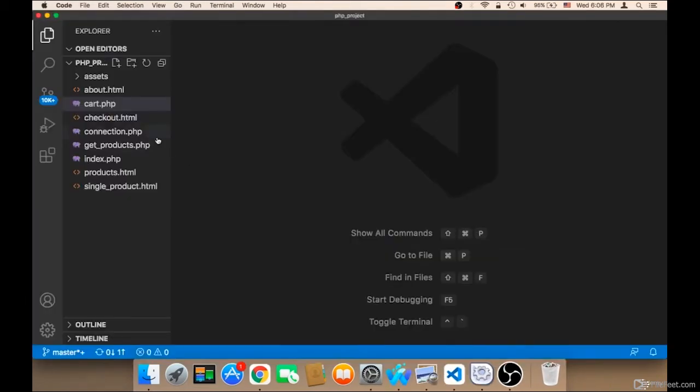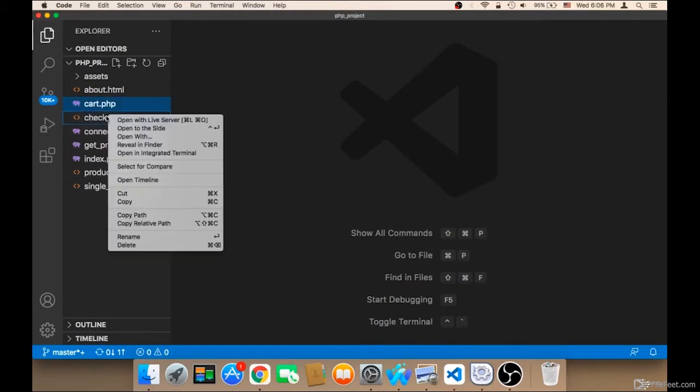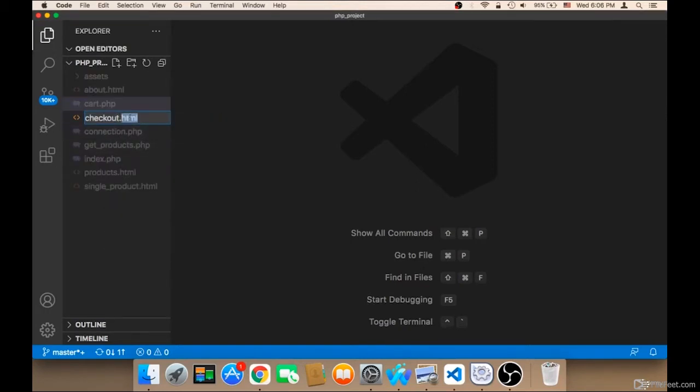Now in the project, the first step is that we need to change this checkout.html from HTML to PHP. So I'm going to rename this file from checkout.html to checkout.php, and then hit enter. And then the next step is that we need to